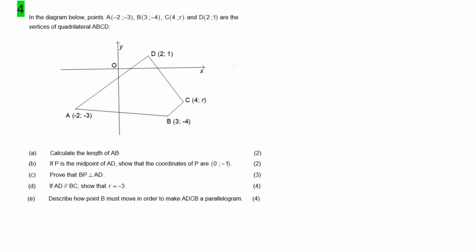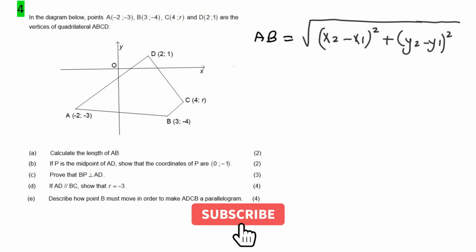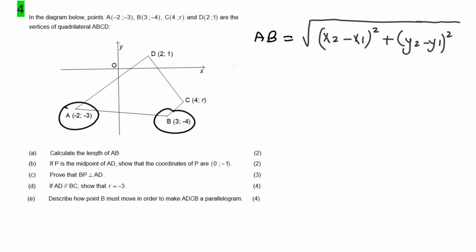The first question wants us to calculate the length of AB. So that's pretty easy. We just use the distance formula. So we know that the distance formula goes like this. And so I'm just going to take A and B, and I'm just going to fill that into the formula. So for example,